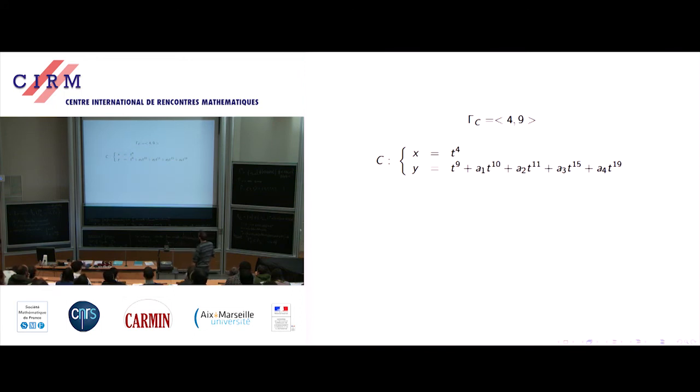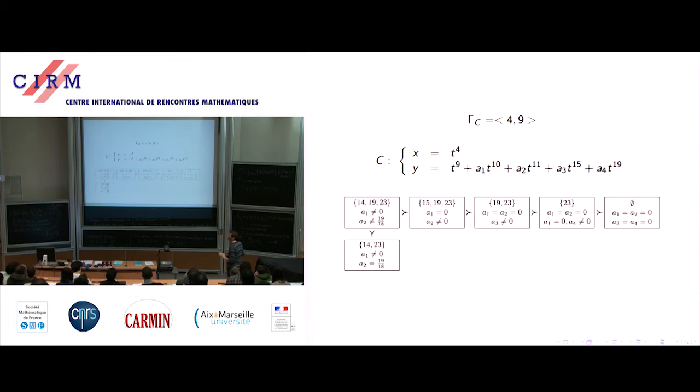Any curve with that topological class can be defined by such a parametrization with four parameters, and you have a complete description of the moduli space. So here, what do these blocks mean? These blocks represent the stratification of the moduli space. This set here, the empty set, the set containing just 23,